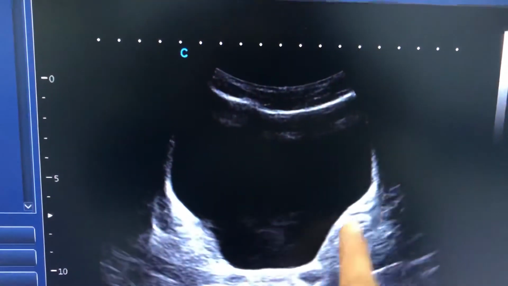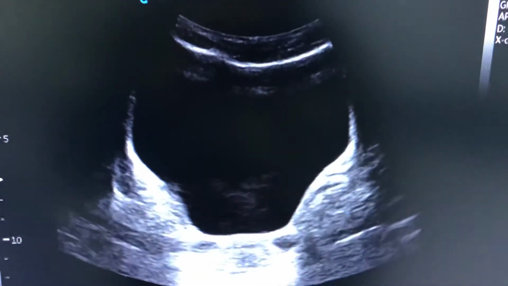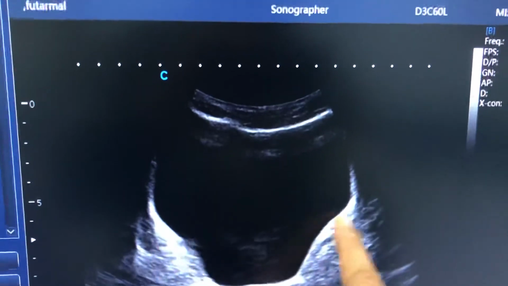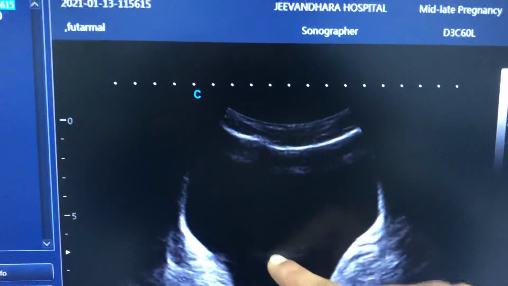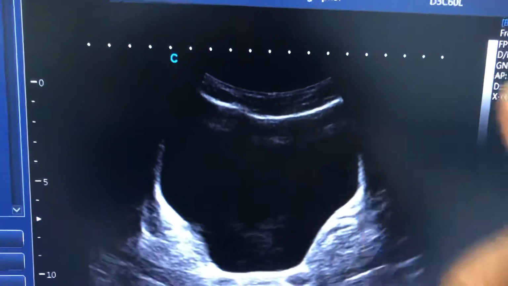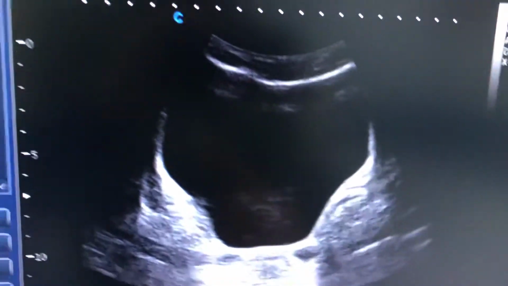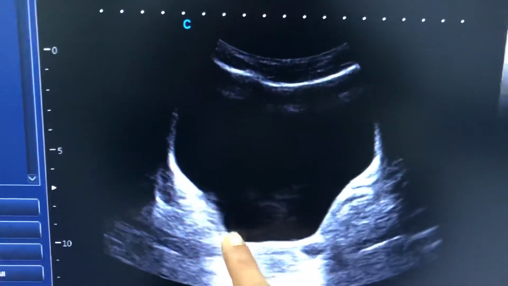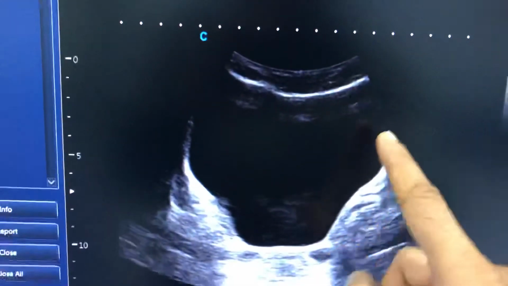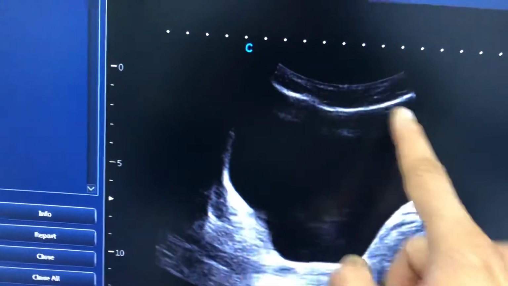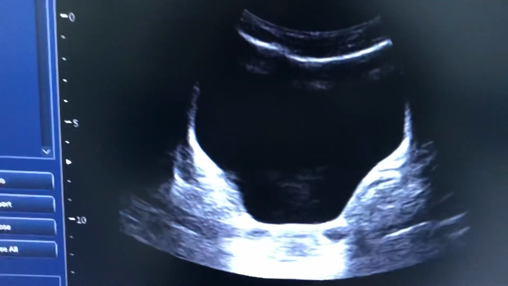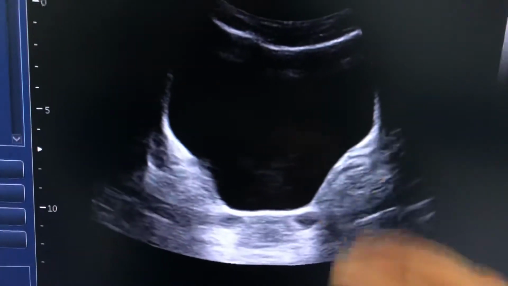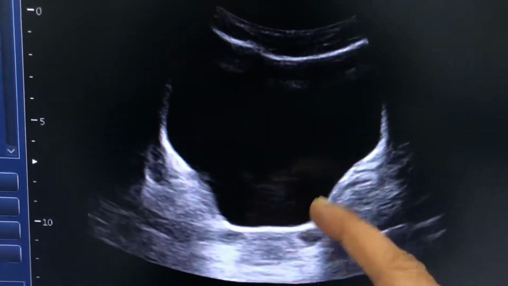Now look at this urinary bladder. The shape of this urinary bladder is a little bit abnormal. The normal shape of the urinary bladder is rectangular, in which the AP diameter is less and the transverse diameter is more. So here, the abnormality is that the shape of the bladder is distorted like this, a pot shaped bladder. There is no such terminology in the literature named pot shaped bladder. I am just telling you to make you understand better.